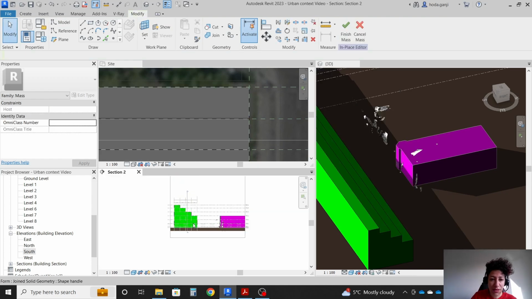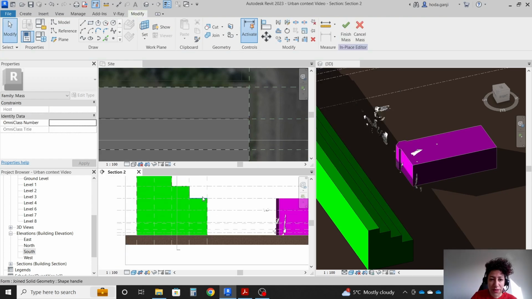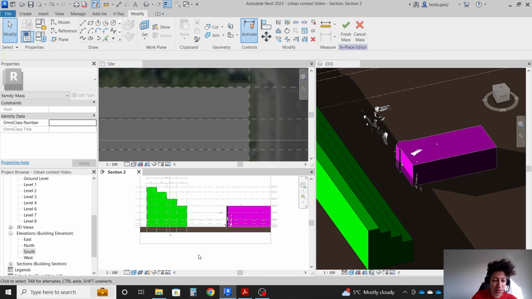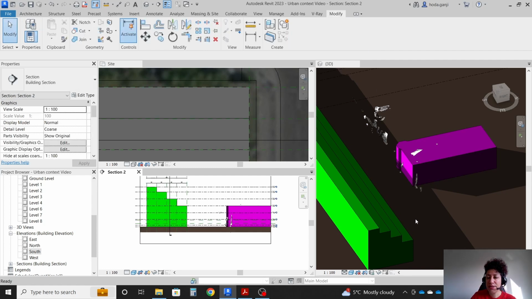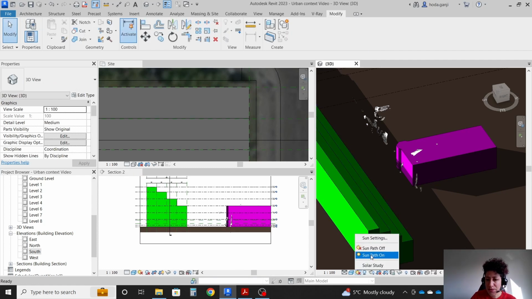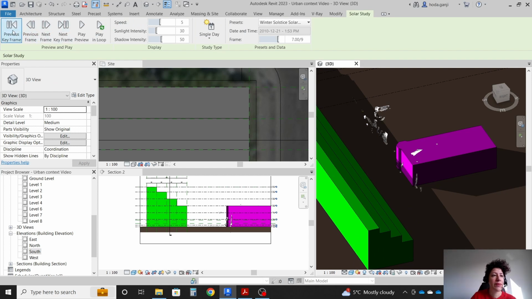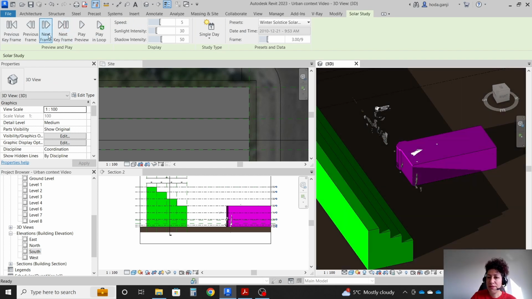So if I click here, it made another void form here. See, this is the previous mode, this is the new one. Finish mass, going to here, continue with the solar study. Next frame,